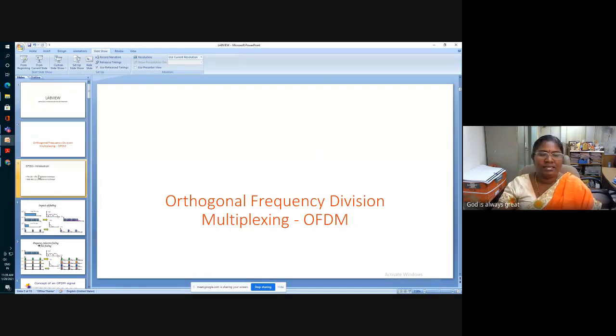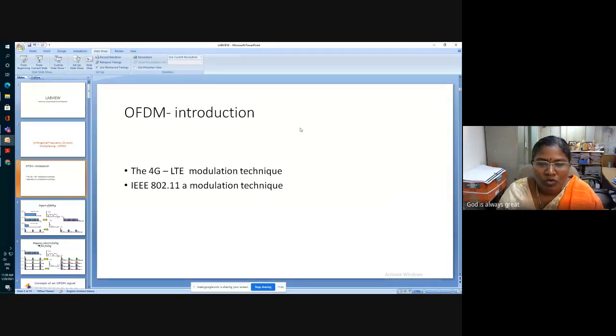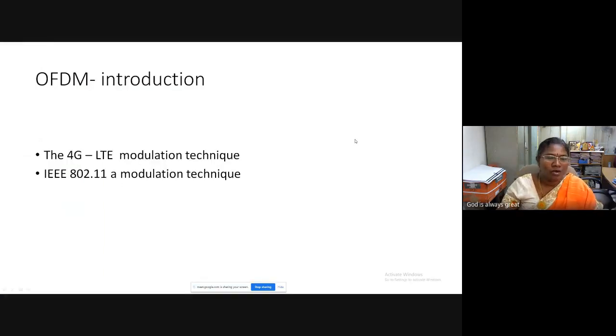Why is this becoming so important? Whatever we are teaching our students, we teach with respect to what has already been deployed all over the world, so their basics. For that, we need to understand why we need to study OFDM. This slide answers the question of why you need to study OFDM, right? Because OFDM is the modulation concept for the 4G wireless communication system called long-term evolution, LTE.